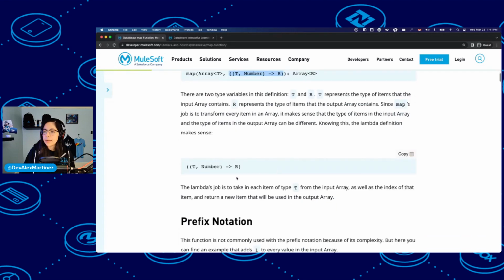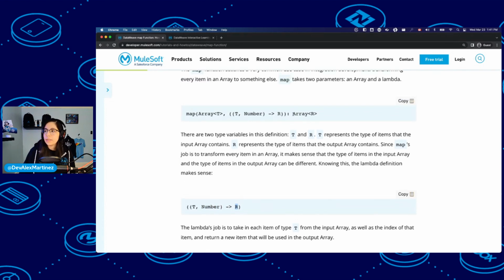But then for the lambda, which is this one right here, you have yet another two parameters. One parameter is of type t, which means it can be any type, and a number. And then the result of that will be r. So in the final array that we'll have from the map, we will be resulting in an array with the type r. And the type r is whatever was thrown back from the lambda. And this type t is the type of the items that come inside the array.